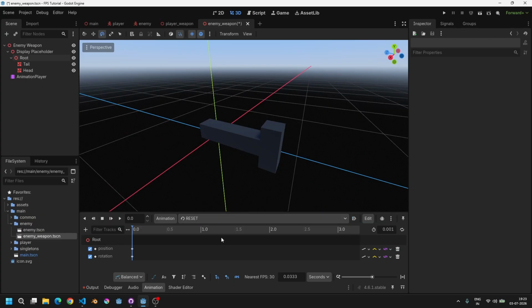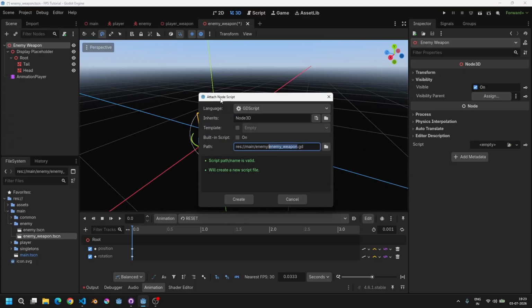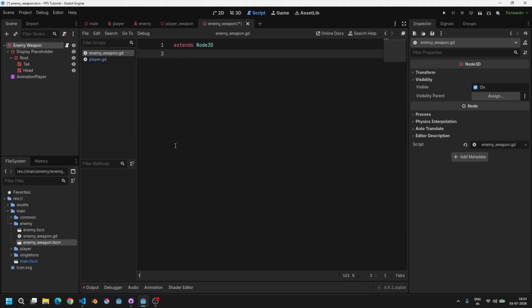Okay, so with this done, I think we can finish up the enemy weapon script. After this is done, we don't have to come back to it again, even though we will come back after some time, but that will be just for some very minor additions. So I will name this as enemy weapon,